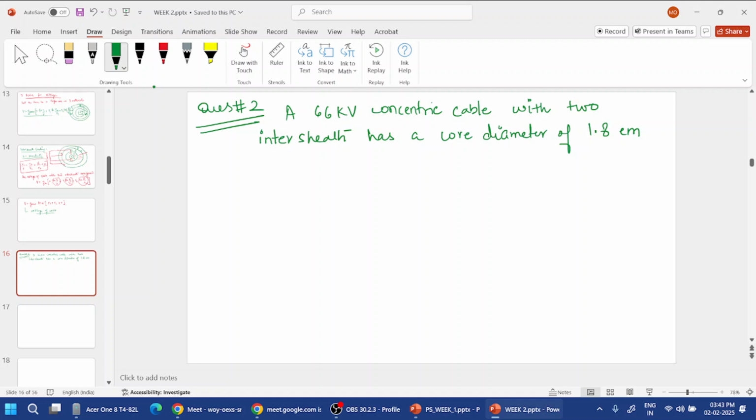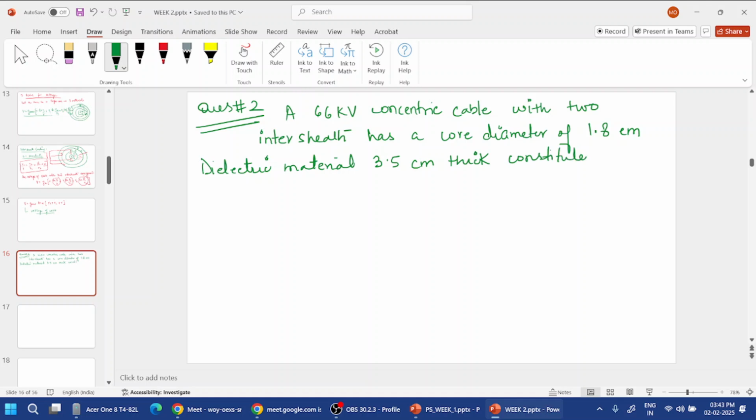You have to solve this question. The dielectric material, 3.5 centimeter thick,